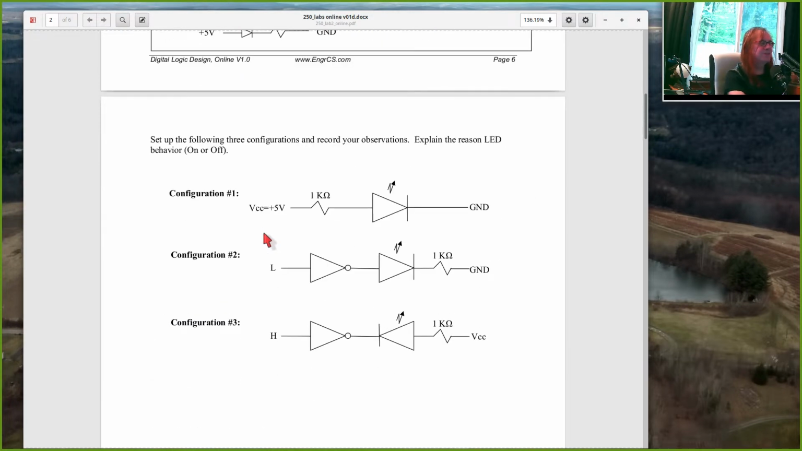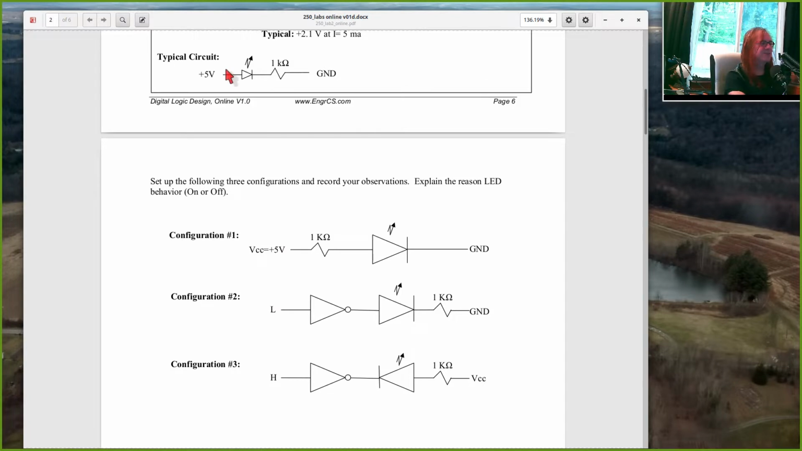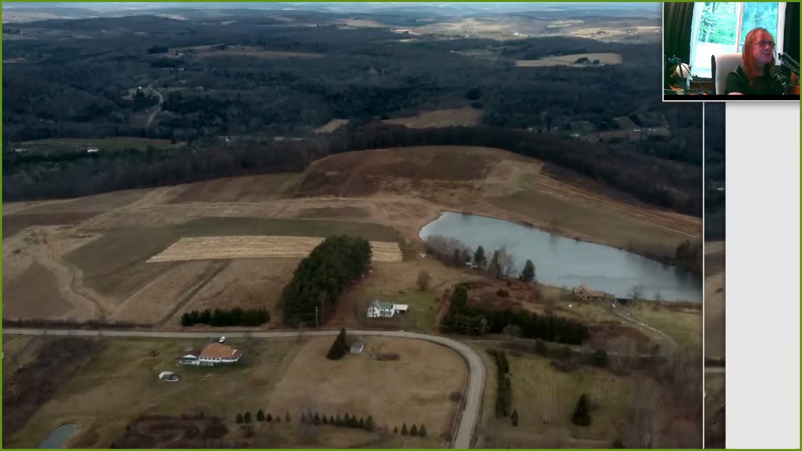So we had 3 configurations here. The first configuration looks very much like this. The resistor can go on either side. When you're thinking about LEDs,